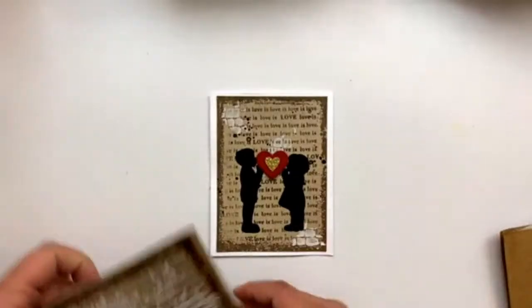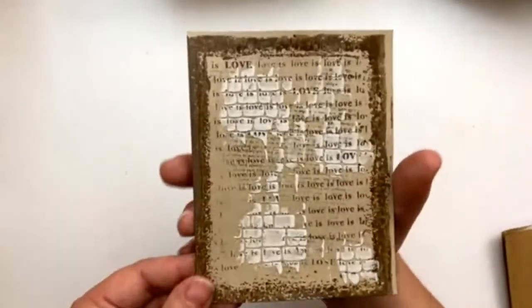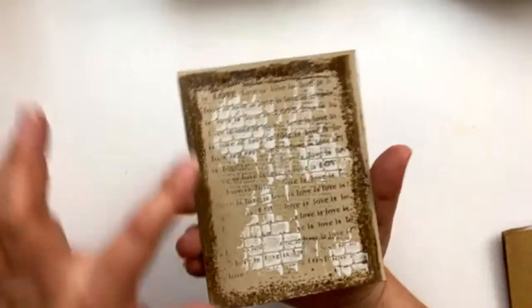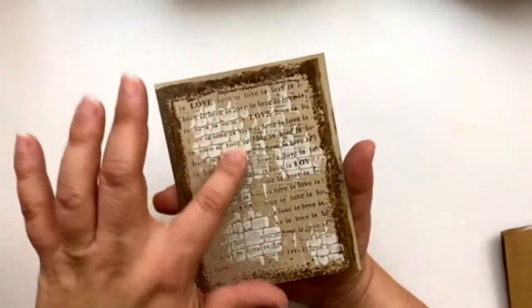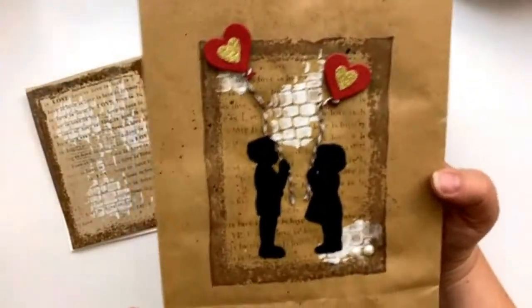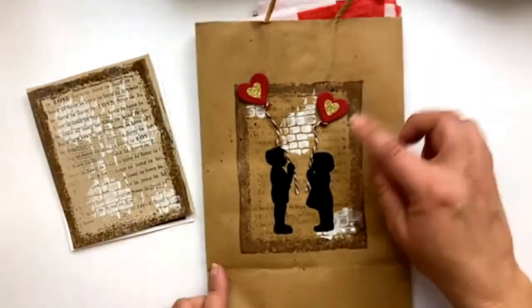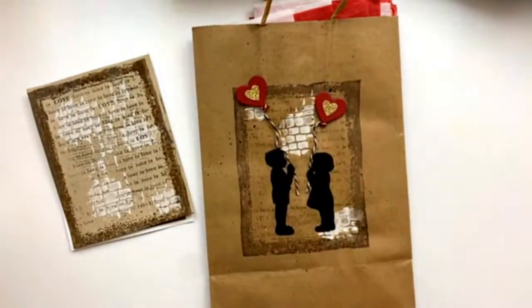All right. And then here's another. This is just what she wrote a cute little note to Ron on, who does our photos, but it was awesome. So we used it because it has that frame again. It has Love is Love. It has the hero paste. Really cool background. And then she made a gift bag. So when you make the beautiful photo album to give to somebody, you can put it in a decorated gift bag. So again, she used that same frame,